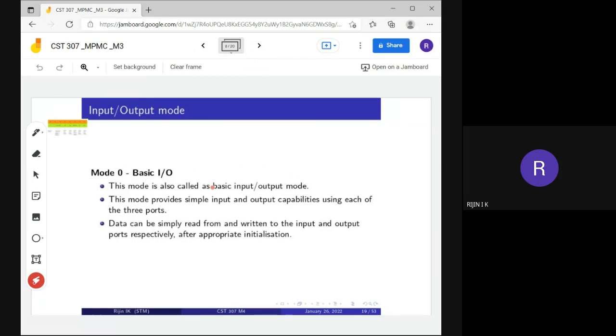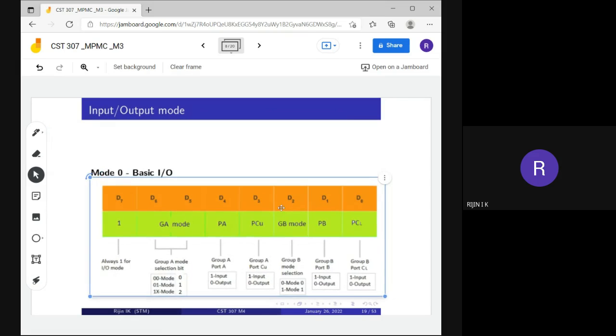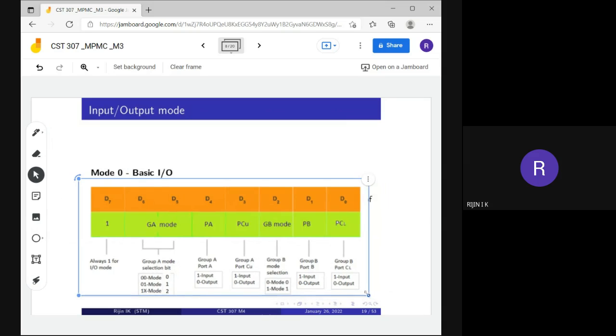Next, we can discuss the mode 0 operation in 8255. We will call it the basic IO mode operation, mode 0, or the basic input output mode. So to set this mode 0 IO mode operation,